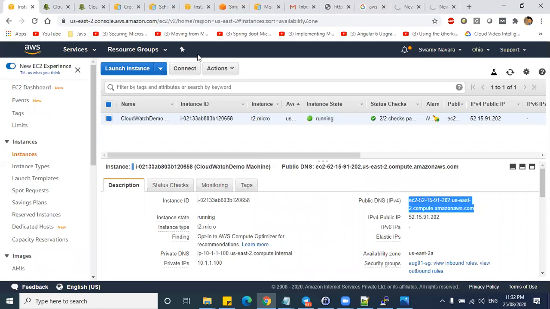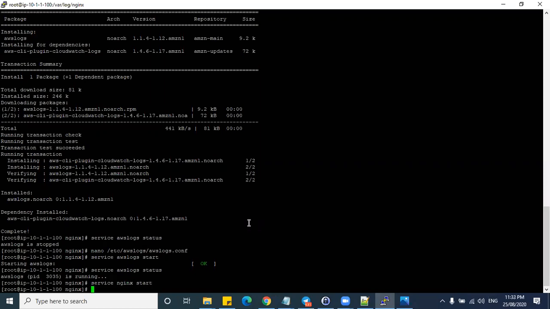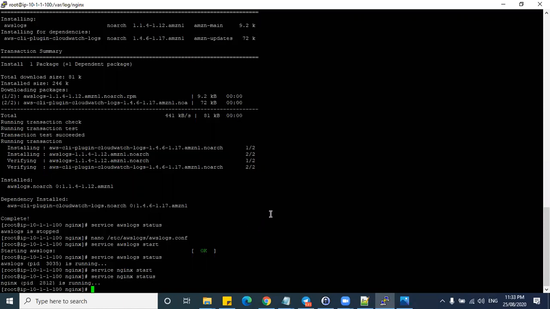Okay. The Nginx server is not running because we stopped and started, right? So, service nginx start, status.